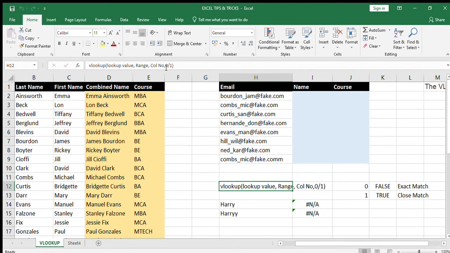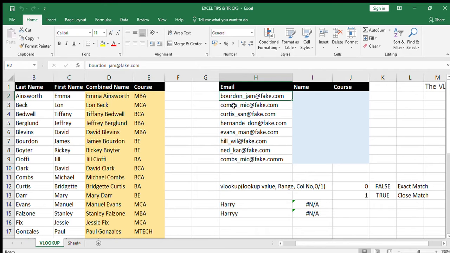Like this you have to give the corresponding numbers, and then you have the last parameter which is 0 or 1, or maybe true or false. You have to understand when to use 0 and when to use 1. 0 is false match, that is, it will give an exact match. If you want to find the exact match of the value you're looking for, you should use 0, and if you want to find a close or approximate match, in that case you should use 1. I'll also tell you the difference between 1 and 0 over here.